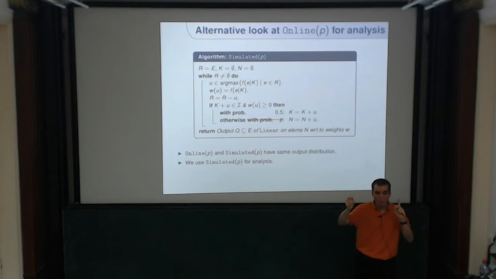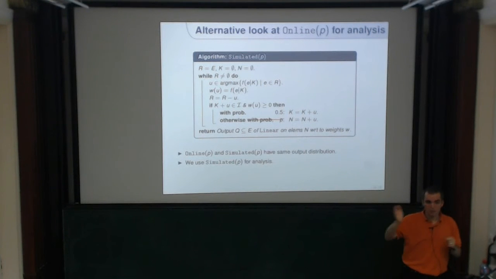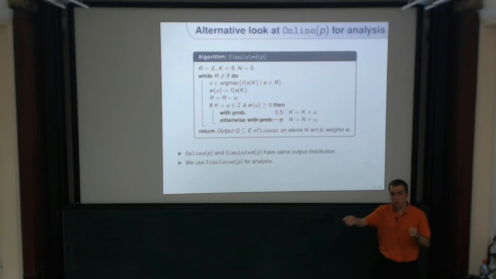Now, you know that only with probability 1/2 it will be in the first half. So with probability 1/2, you will select it with the greedy algorithm, and with probability 1/2, you will move it to the linear algorithm. Then you go to the next element, the next one that can be added to the greedy set. With probability 1/2, you will add it, and with probability 1/2, you will move it to the linear algorithm. So you only consider elements that can be added to the greedy set.